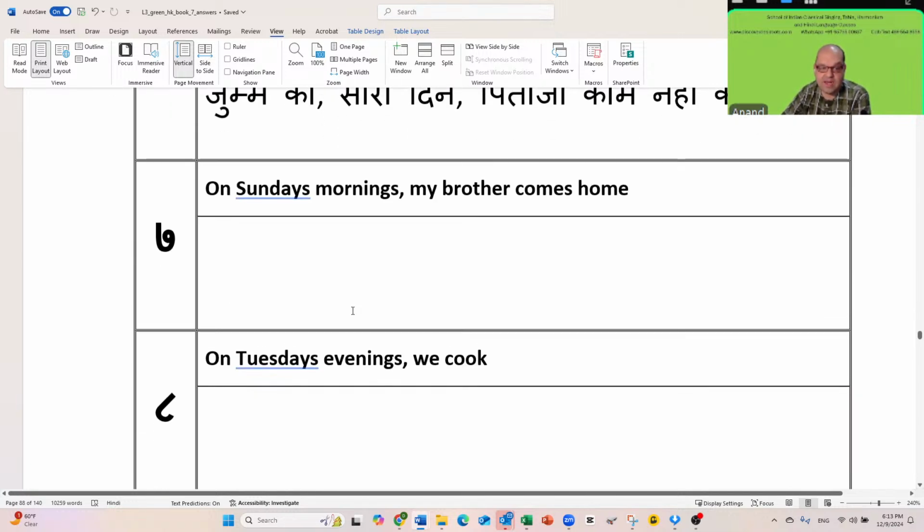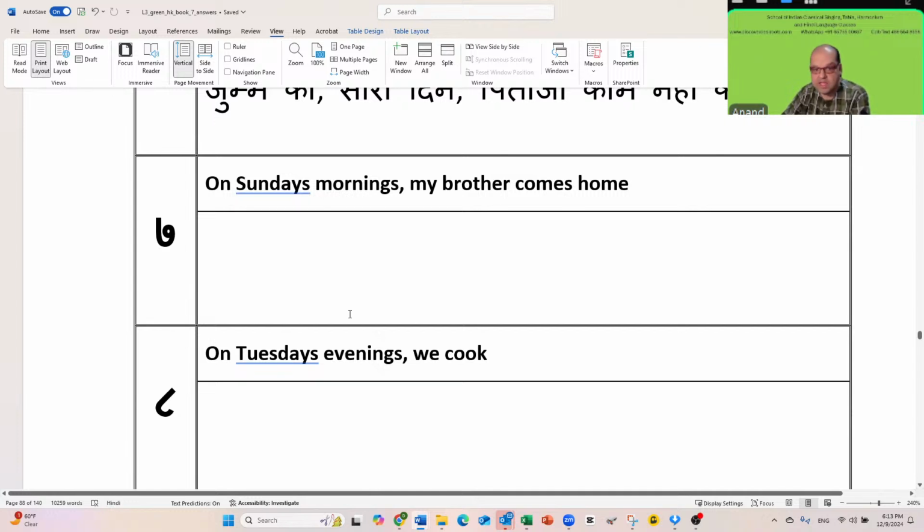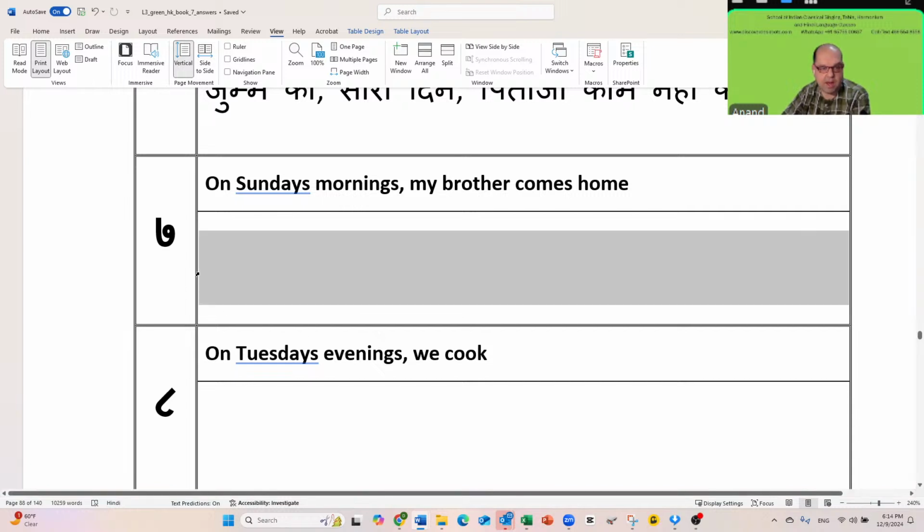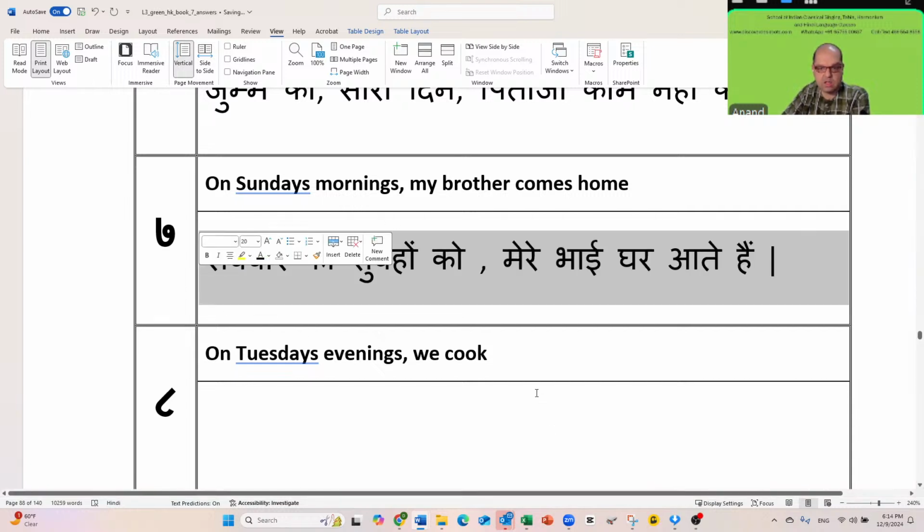Okay, next one. Let me have Ishan do it. On Sunday mornings, my brother comes home. रविवार की सुबह को मेरा भाई घर आते हैं और आता है, सॉरी, आता है. ओके, रविवार की सुबह को मेरा भाई घर आता है. गुड. ओके,